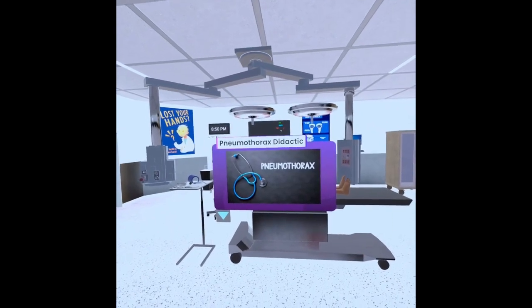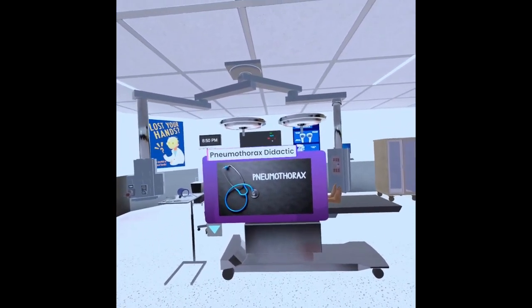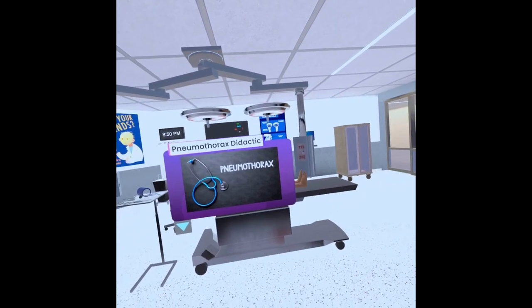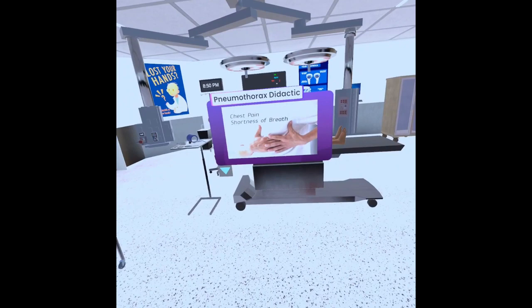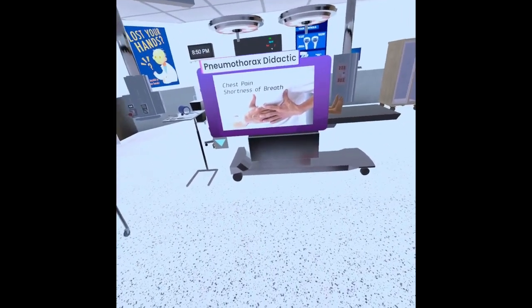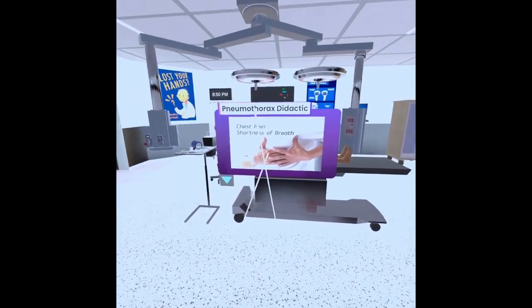We're going to be covering the workup and management of pneumothoraces today. And the first thing that you want to do is assess the patient, and the symptoms that they generally experience are chest pain and shortness of breath. When we see this, we want to begin with our physical exam by listening to breath sounds and to the heart,